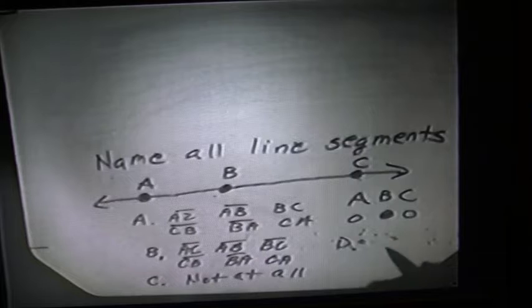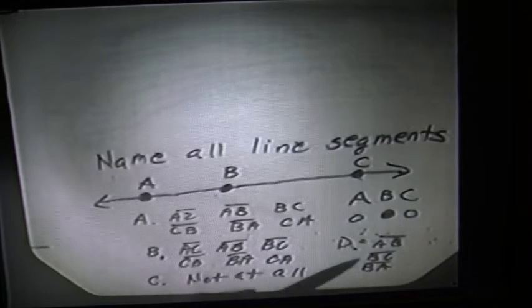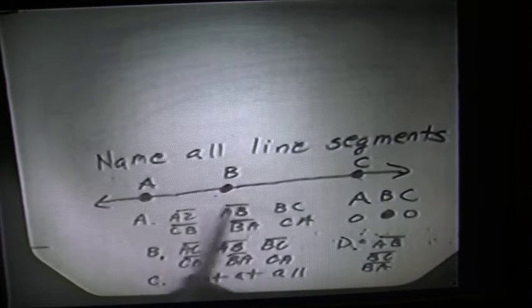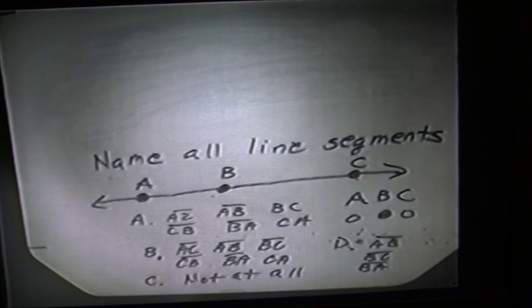Let me give you one that may say A, B, B, C, and B, A. Well, that has all of the points in it, but it doesn't have all the different arrangements. So that could be a trick question there. Okay. Continuing on with